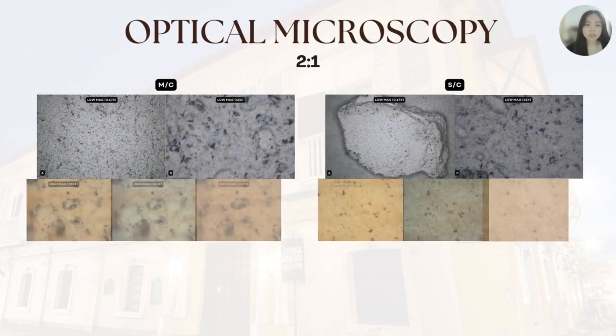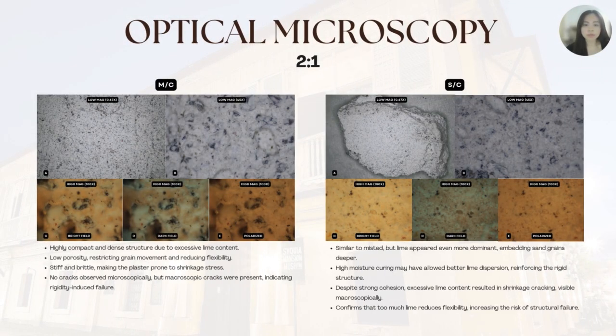strength. With excess lime, the misted 2:1 ratio formed a dense, rigid microstructure with low porosity. Strong binding restricted grain movement, making the plaster brittle. Although no cracks were observed microscopically, macroscopic shrinkage cracks were present. Submerged curing further intensified lime dominance, embedding sand deeper, but the structure remained stiff and prone to shrinkage cracking over